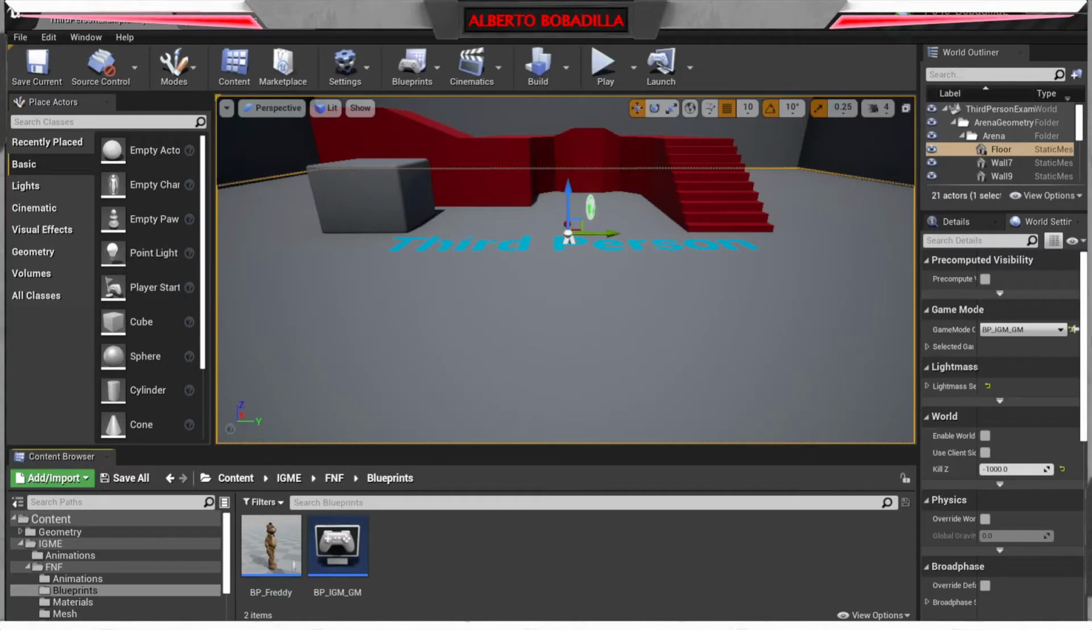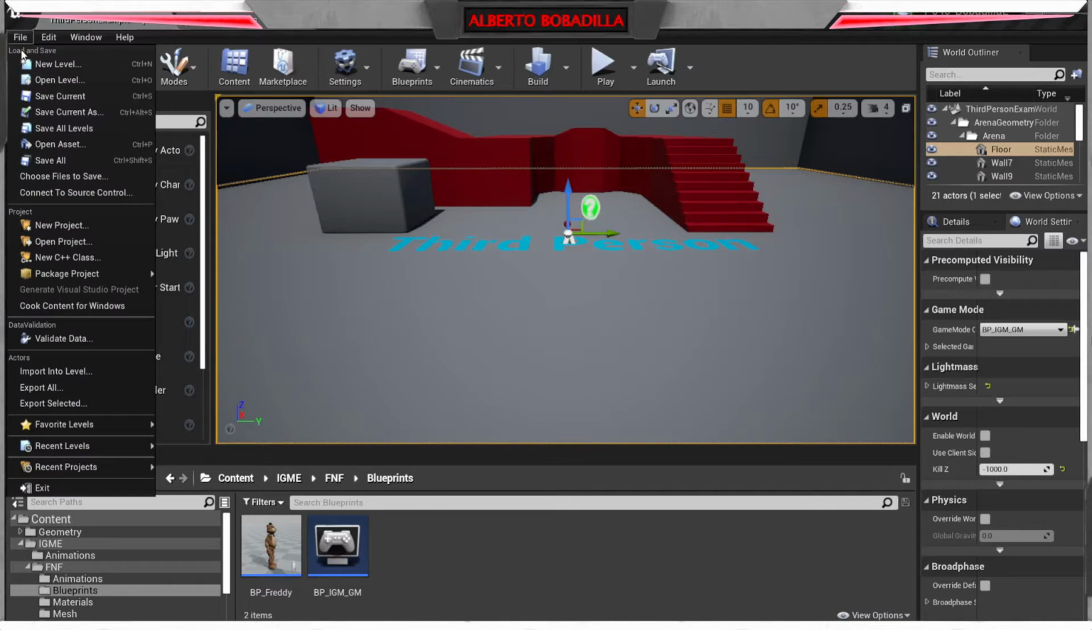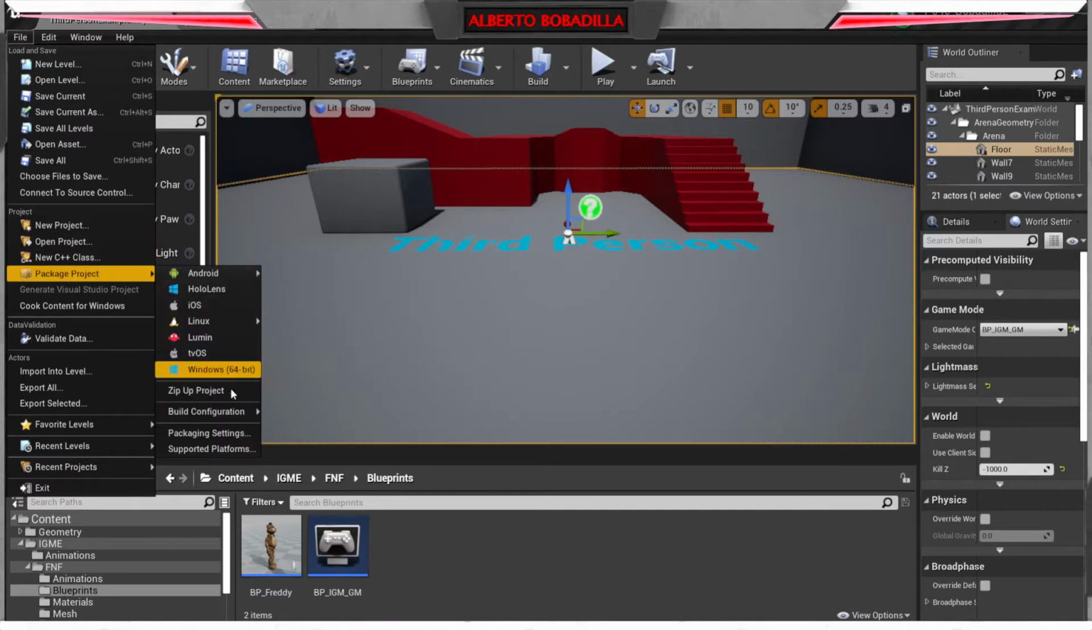Hey guys, so this time around I'm going to be showing you how to compile an executable that you can basically run on any computer, even though they don't have Unreal Engine installed. So it's as easy as going to File, Package Project, and now this time around, instead of doing C++ project, which is creating the whole project so you can open it on another computer which does have Unreal Engine,